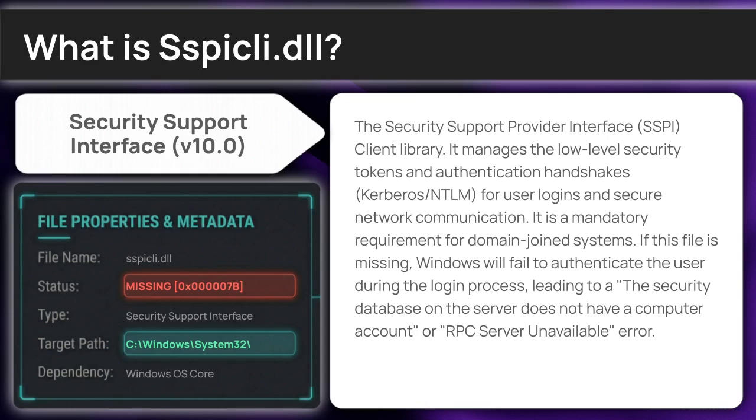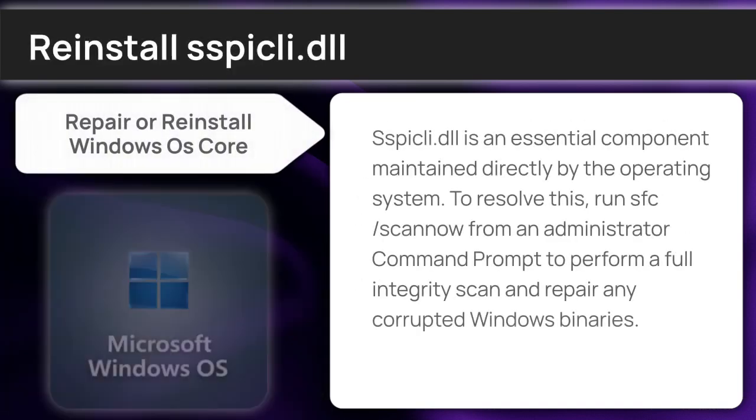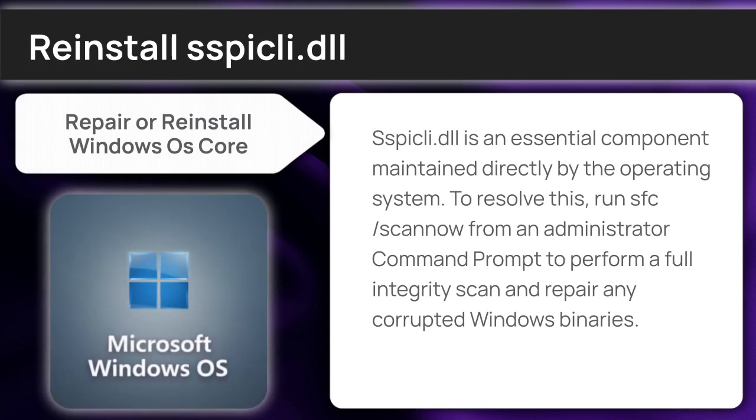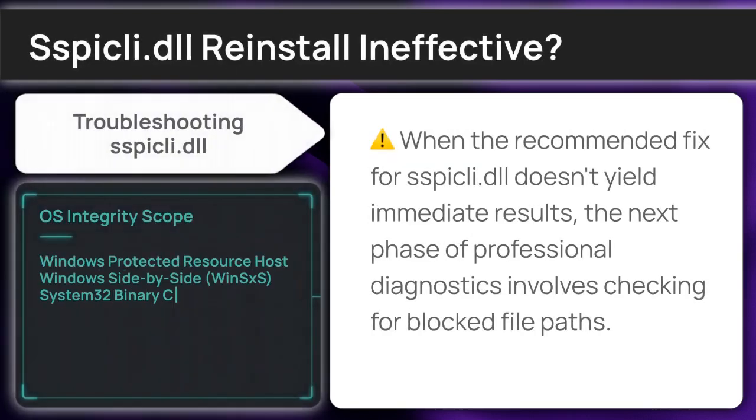Now that the background is clear, let's walk through the actual installation steps. Sspicli is an essential component maintained directly by the operating system. To resolve this, run sfc /scannow from an administrator command prompt to perform a full integrity scan and repair any corrupted Windows binaries. If that initial setup didn't clear the pop-up, let's examine the specific initialization sequence assigned to your applications